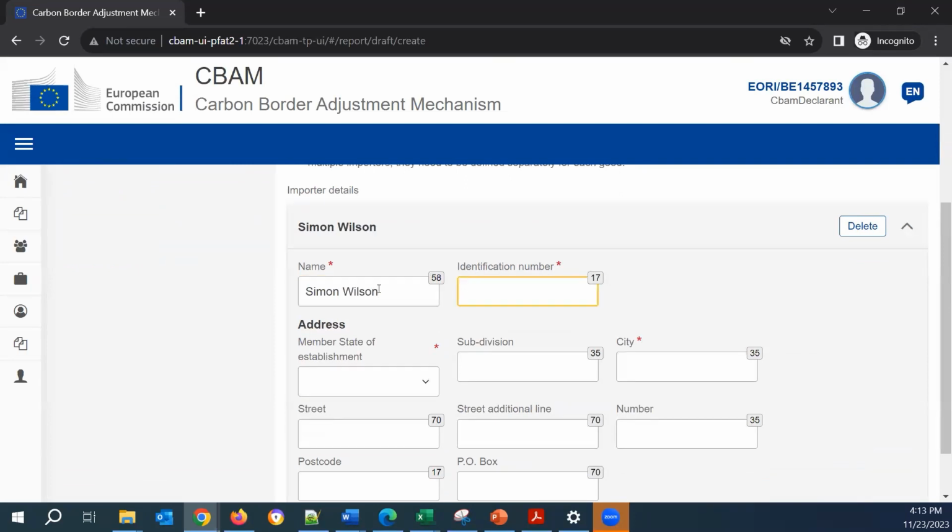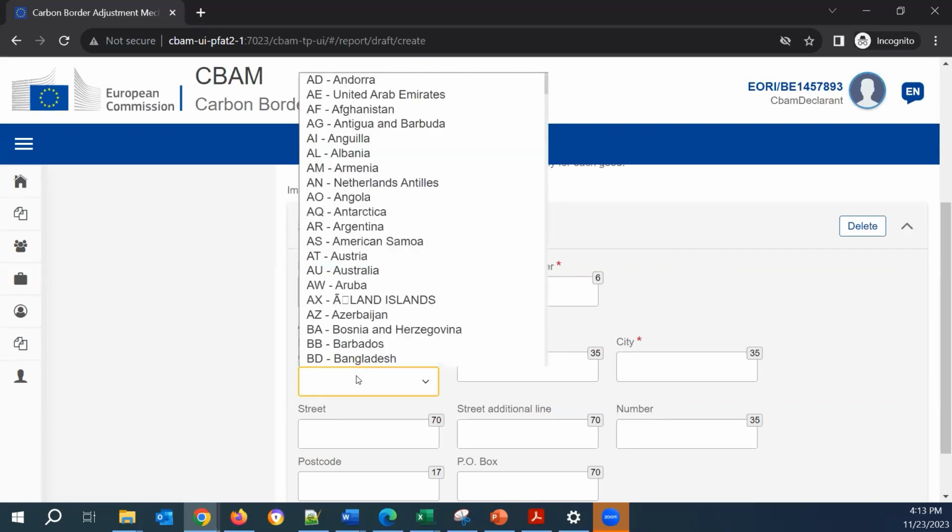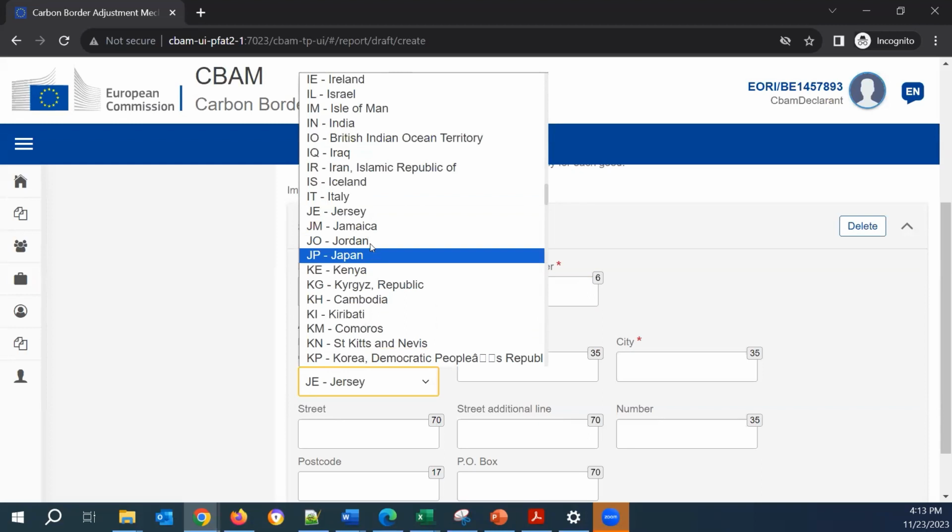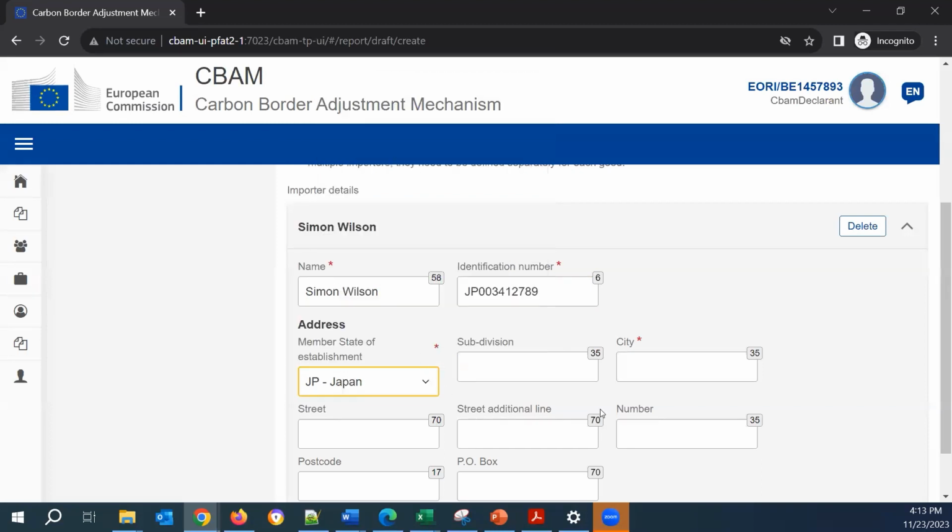His identification number is JP for Japan, 0034127789. This is a third country identification number. And the member state is, again, the country of establishment, Japan. And the city is Tokyo.